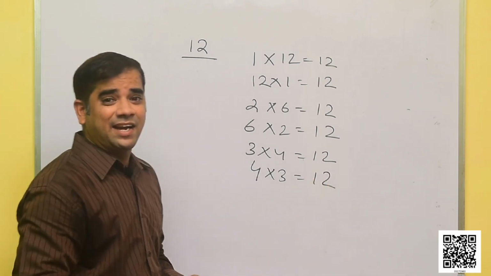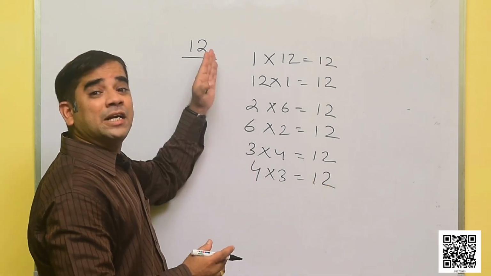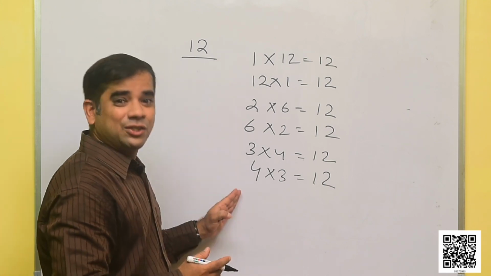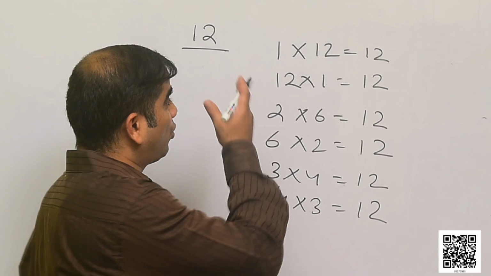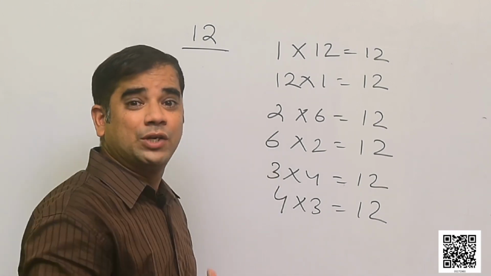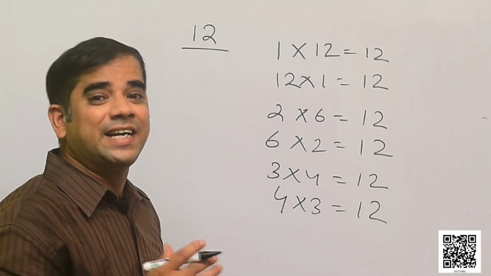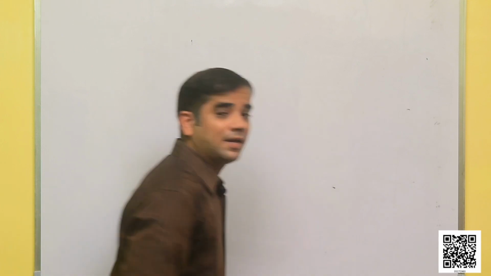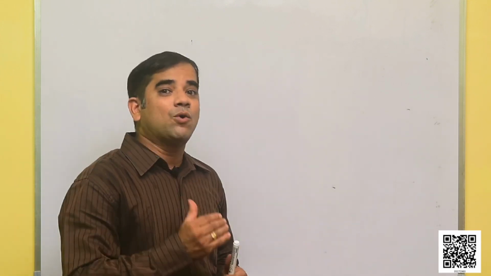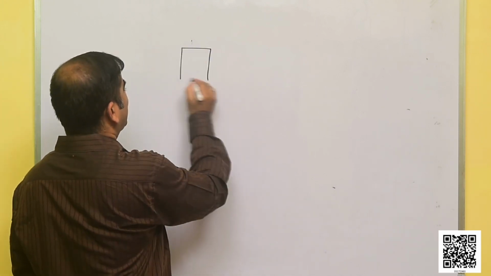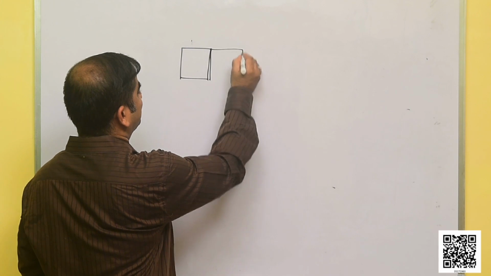That means I can arrange the squares in these patterns to get the rectangles. So in these ways we can arrange the squares to get different shapes of rectangles. How? Let's find out. As I have already told you, rectangles have equal opposite sides. So if I place the 12 squares like this,